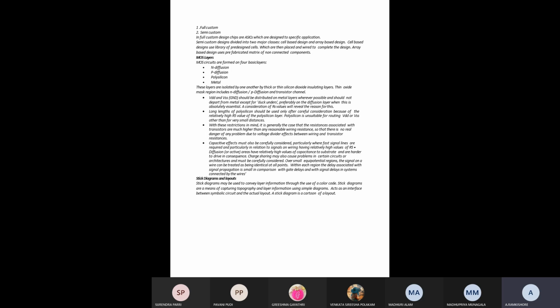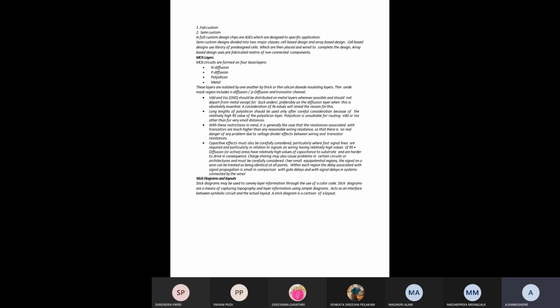The thin oxide mask region includes N diffusion or P diffusion and the transistor channel. VDD and VSS, the ground, should be distributed on metal layers wherever possible, and should not depart from the metal layer for duck-unders, preferably on the diffusion layer, when this is absolutely essential. A consideration of Rs values will reveal the reason for this.